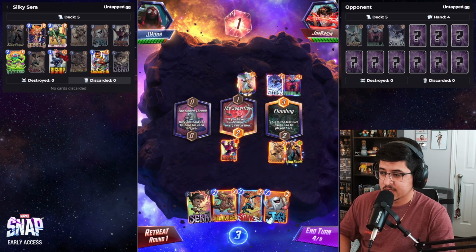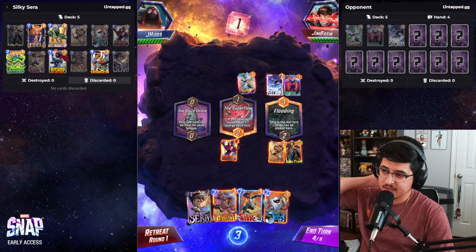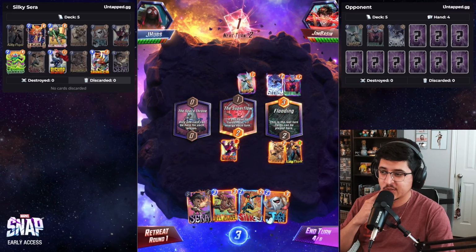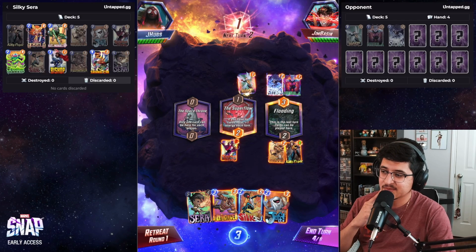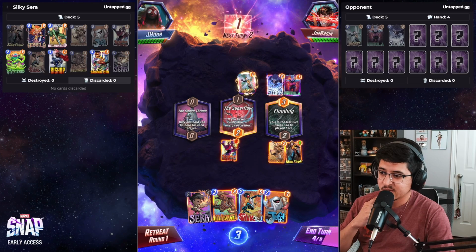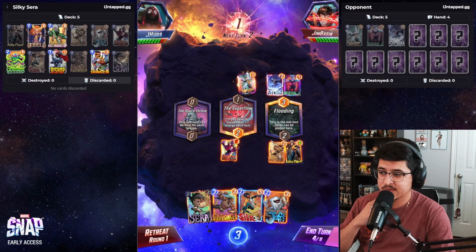We can throw Kitty Pryde there. Do I want to throw Silk down? I think maybe we hold off on the Silk. Now our opponent snapped. I don't know, this might be tough for us to win, but we may be able to. It's only round 1, so I think I'm going to...